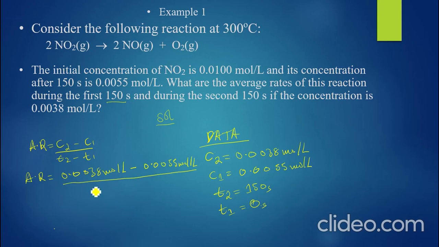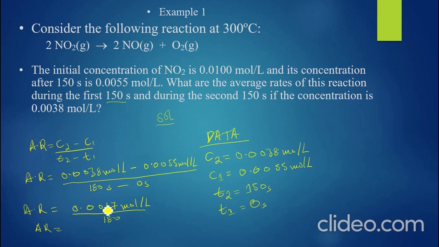And then what's the second time? The T2 is 150 seconds minus 0 seconds. And then your average rate is equal to, you subtract these two, what are you going to get? So you're going to get 0.0017 more per liter, like that, over 150, like that. Then your average rate is equal to,